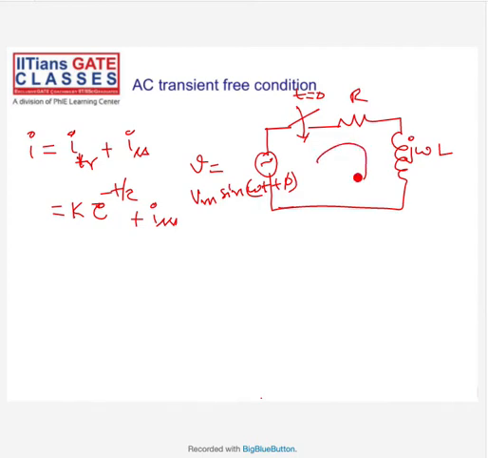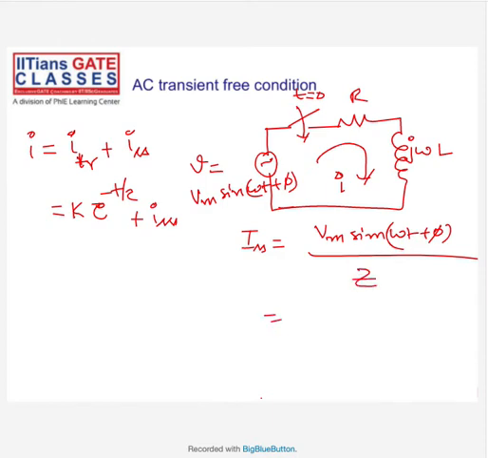As we already know, after the switch is closed, ISS is equal to Vm sine of omega t plus phi divided by the impedance. This is in phasor form. Let me write it in polar form: Vm at an angle phi,